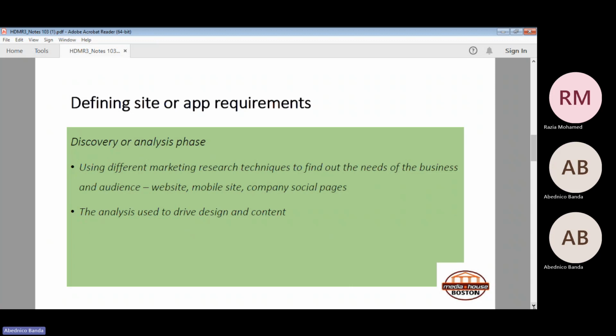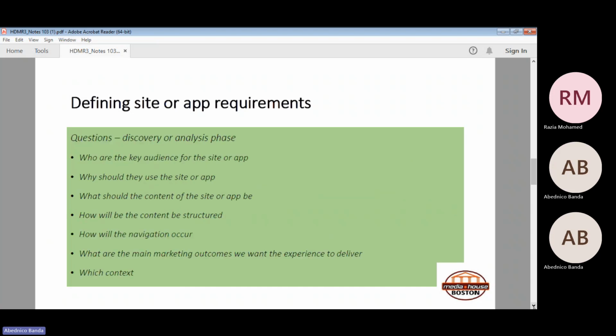So if the audience, for example, is senior citizens, the design and the content that you're going to have on your site must suit senior citizens, unfortunately. So even if senior citizens are not your style, if it is the objectives of the business and those are your target audience, it has to suit the characteristics of the audience. So there are so many questions that you need to ask yourself. Some are presented here on the screen, but they don't end there. Depending on the context, depending on the nature of the business, depending on the environment that you operate in, you need to ask yourself these questions.